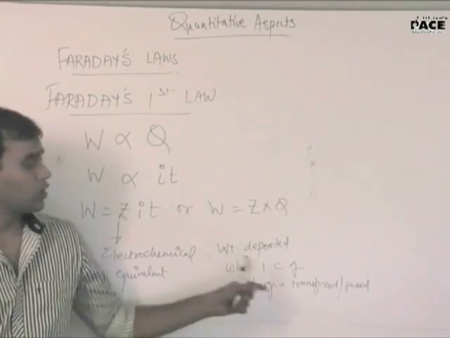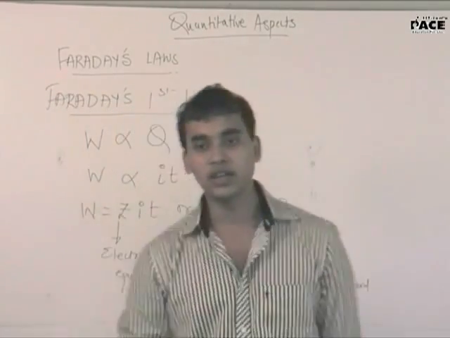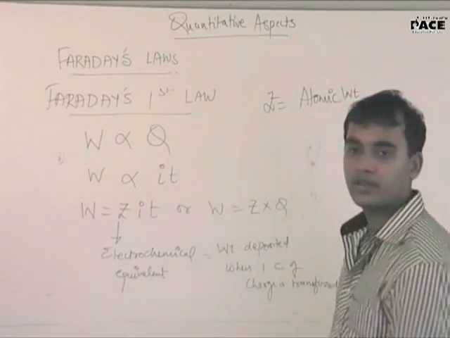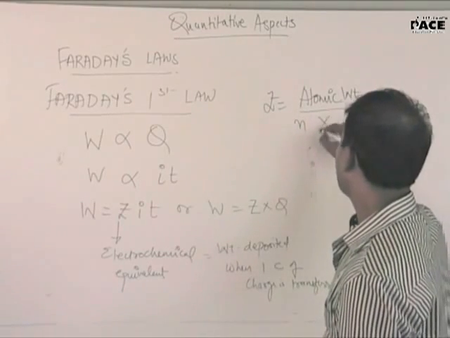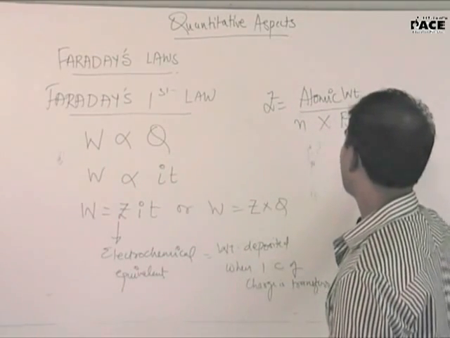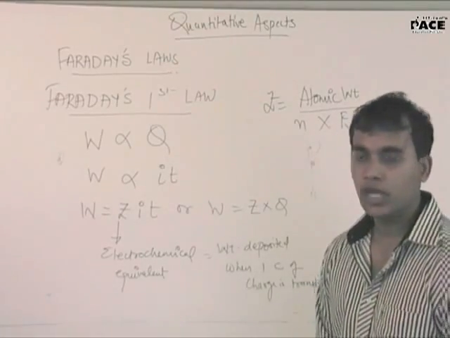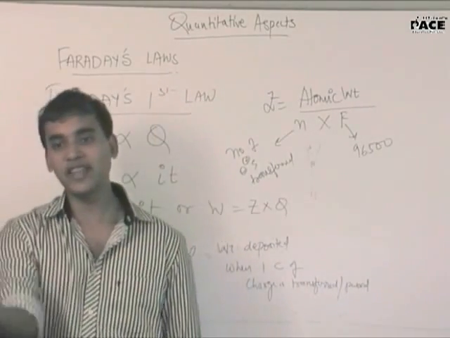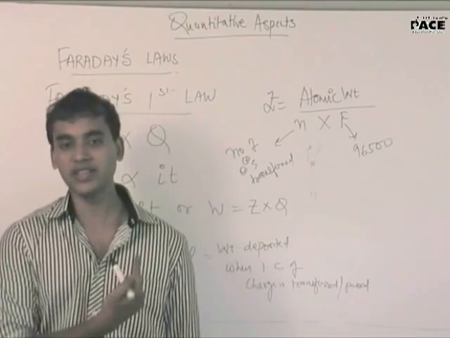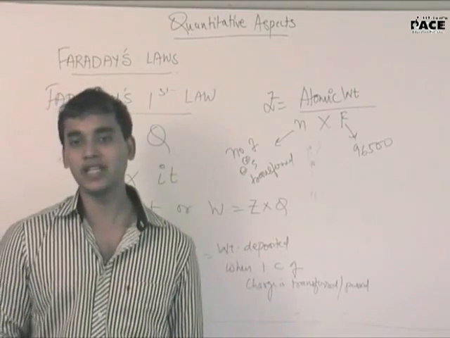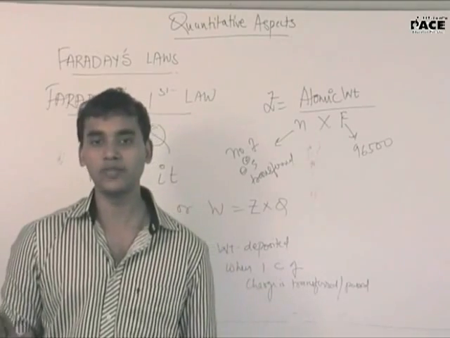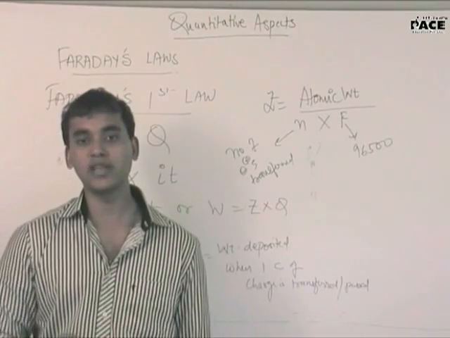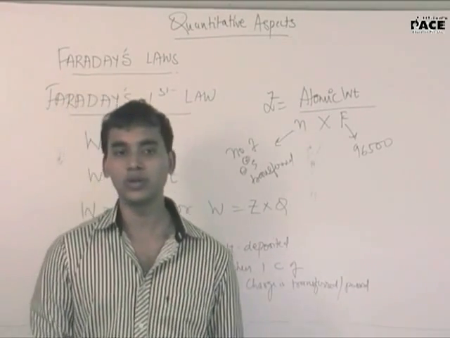Right? But for all your questions in which you need to solve for Z, I'll just give you that Z is equal to nothing but the atomic weight divided by n divided by F. What is F? 96500. And what is n? Again, this n is the same as we have done before. You just write the equation, see the change of electrons, or if in this case it is an electrode, just see the number of electrons that are getting transferred. For example, if I write Ag plus electron gives Ag, so n equal to 1. If I write Cu2 plus 2 electrons gives Cu, in this case n equal to 2, and so on and so forth.